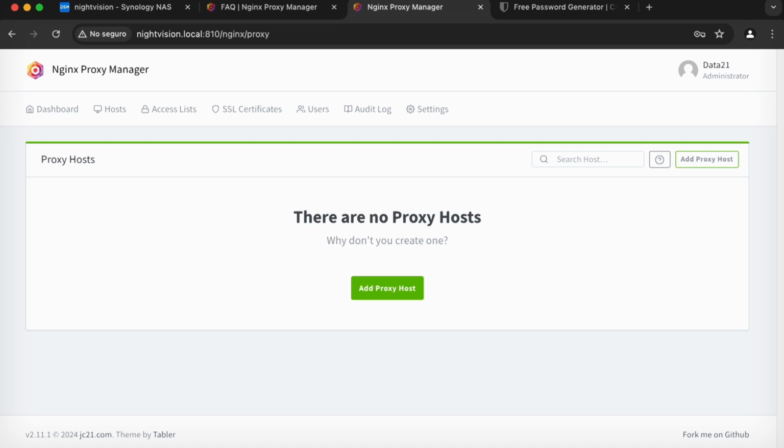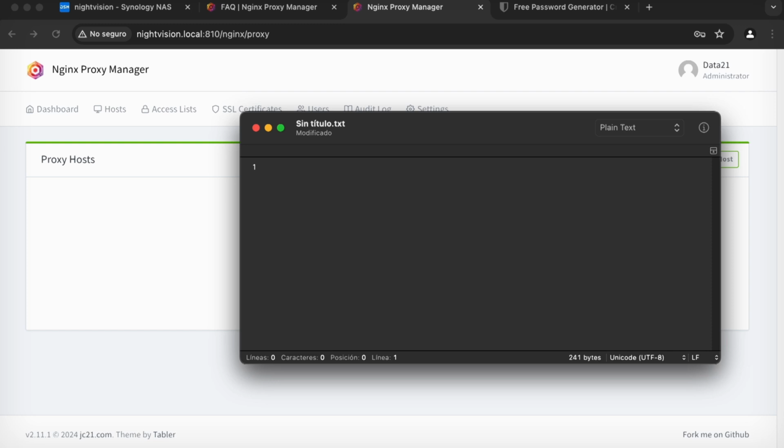The gist of it, if you were curious, would be, let's just say you owned theylive.com, and maybe you even want to forward a subdomain here. Let's just say you want to be able to access Synology Photos from theylive.com. So you would create a subdomain called photos.theylive.com, right? You would create a CNAME record called photos.theylive.com, and you would point that CNAME record to theylive.com. And then under your theylive.com settings, you would create an A record for theylive.com, and A records require you to point to an IP address, and that IP address is just going to be the IP address of your